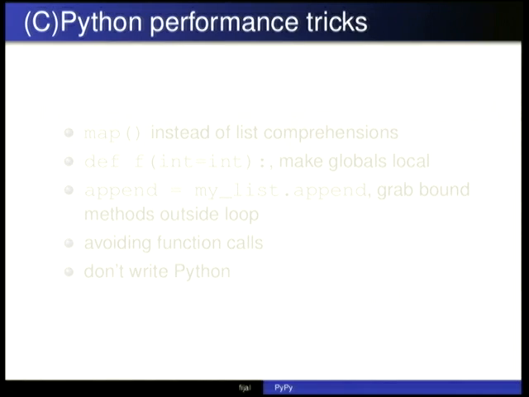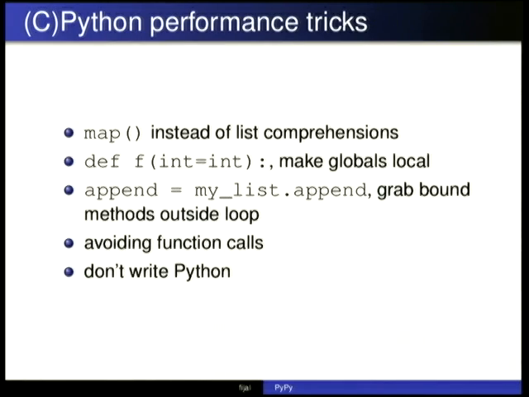So we've come up with a short list of our own tricks that we found. Using map instead of list comprehensions. This is the principle he was talking about, writing C code to do it. Map's inner loop is written in C, so on CPython that tends to be faster. Anytime you can find a function which has a loop for you, that tends to be a performance trick on CPython.